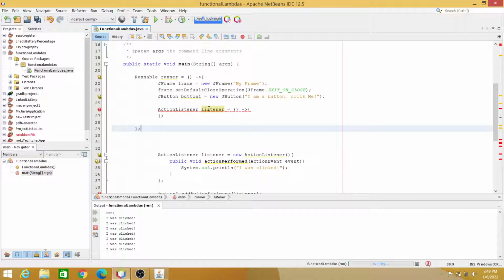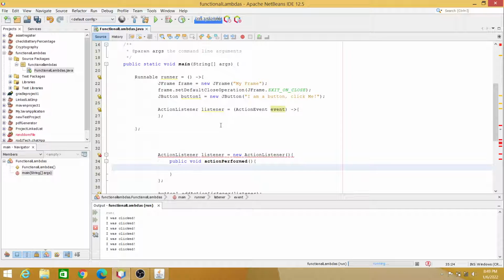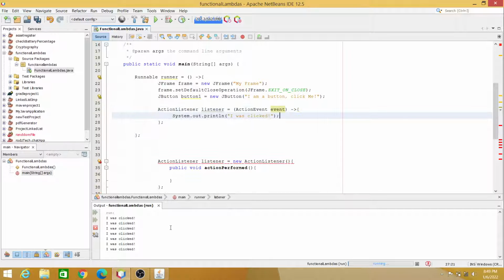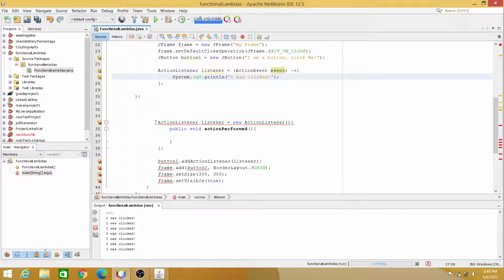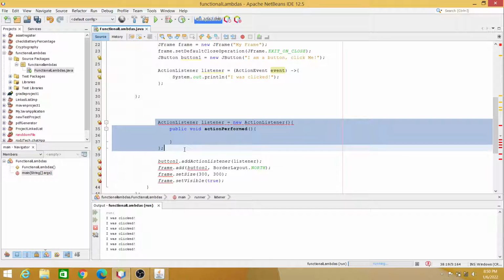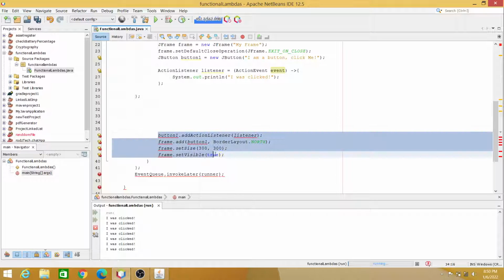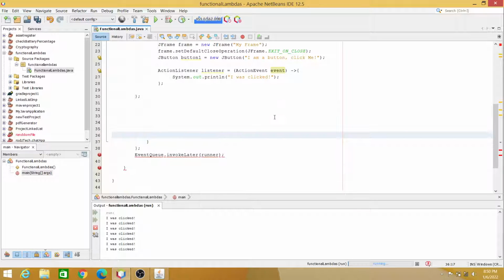So we will not be needing this anymore. We just need to copy our argument here and pass inside parentheses, and also our message, and we can now delete this one and this one, and we can copy this one and put inside our